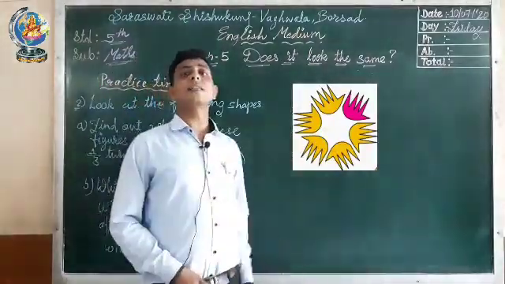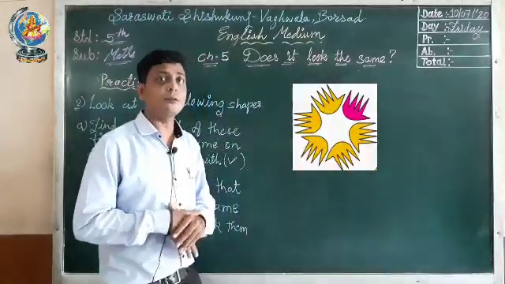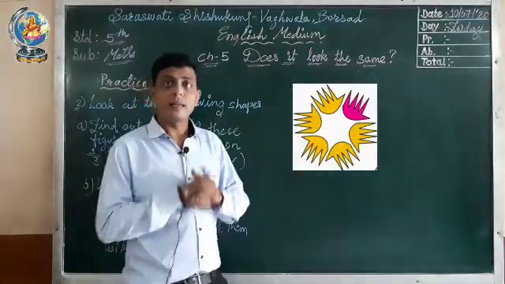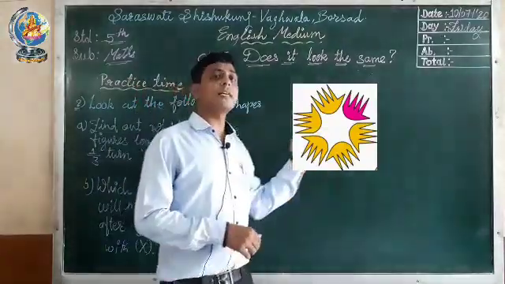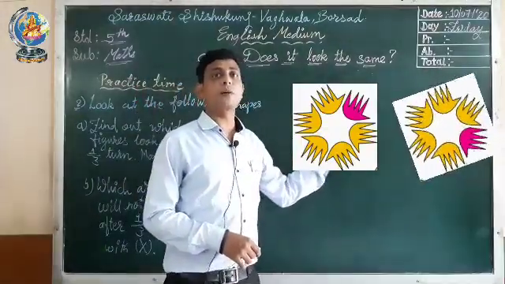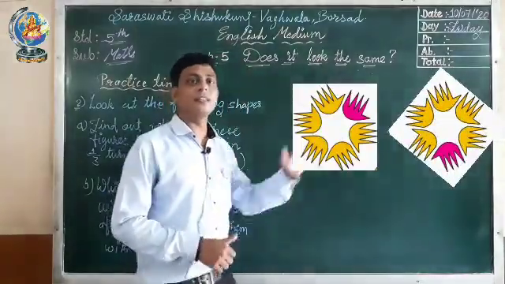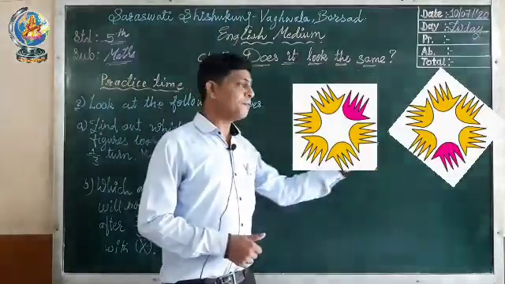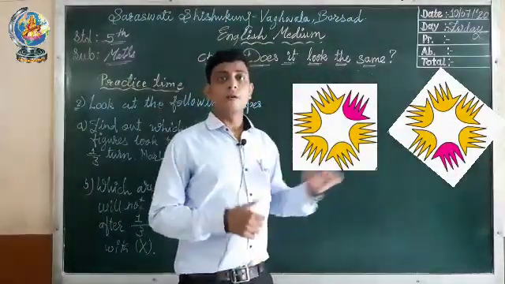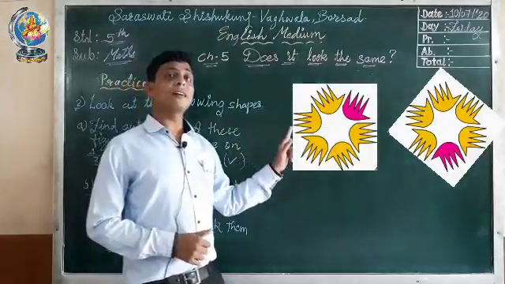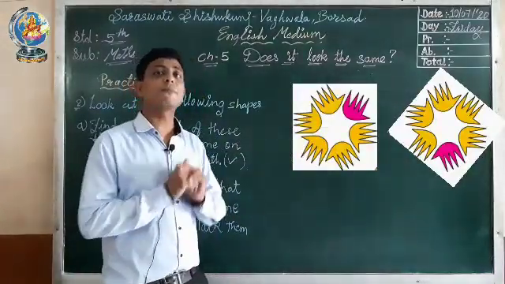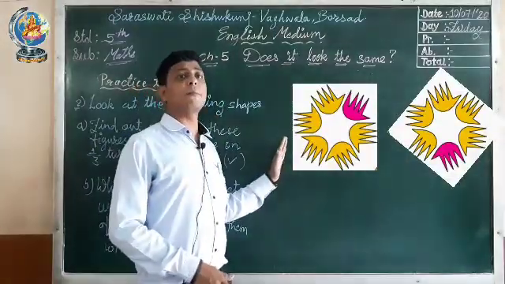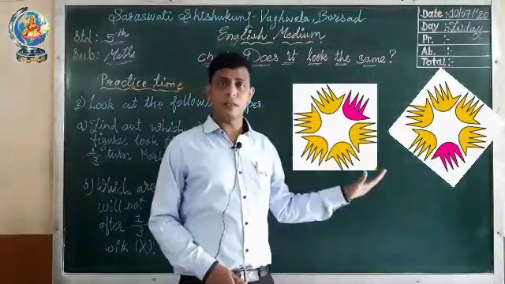Second number picture, now you can look in the picture. Now when we rotate this picture into 1/3 turn, whether it will look the same, let's see it. When we rotate this figure into 1/3 part, you can see the figure is rotated into 1/3 turn. Now if you compare these two figures, what will you find? The red color changes its position, that's why it is not the same compared to the original figure.